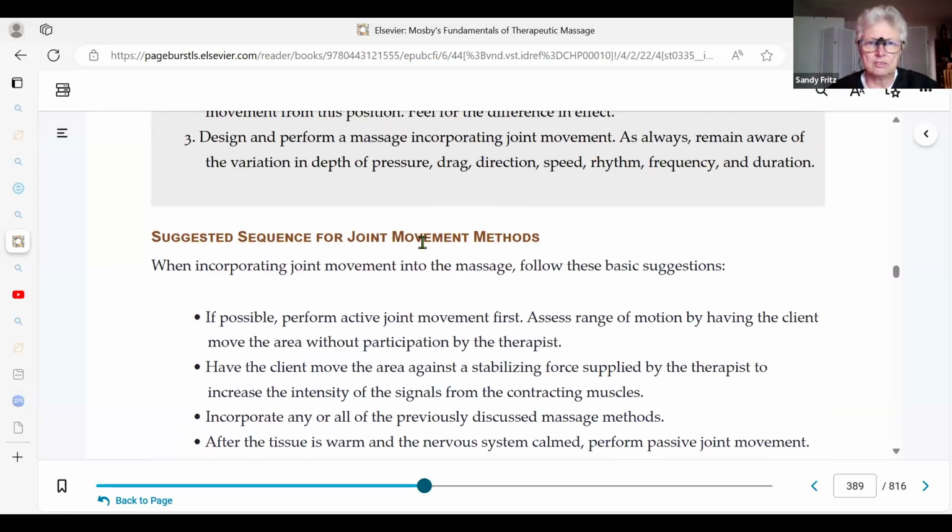So here's the suggested sequence. There is a natural protective mechanism, and if a joint is moved passively, it's going to probably have less range of motion than if the client moved it themselves. So if you're really narrowing down and assessing the quality of the movement of a joint, you would want them to move it first. If you're incorporating joint movement generally throughout the massage, that's usually passive and followed by some